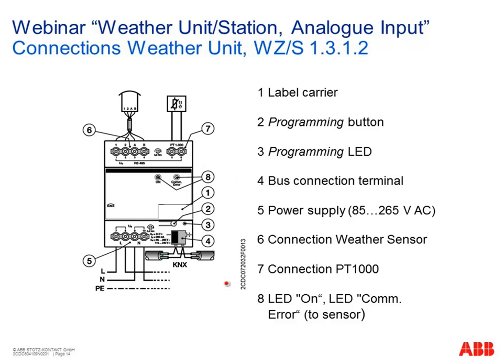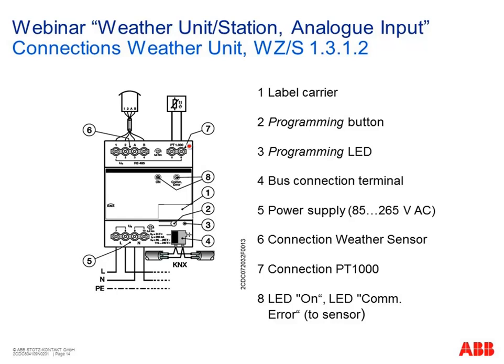Yeah, connection is very simple. KNX bus connection, power we need. Possible now also to connect the voltage like all the other new devices, wide voltage input range from 85 to 265 volt AC. So that's more or less valid for all our components nowadays. With 4 wires I connect my weather sensor, and with 2 wires, if you need, an additional